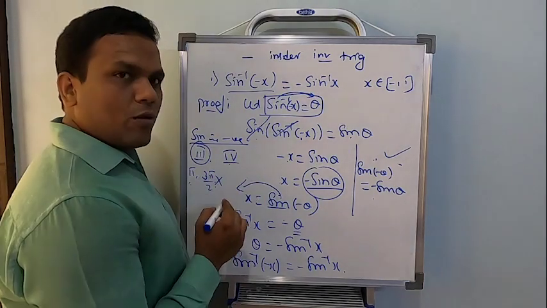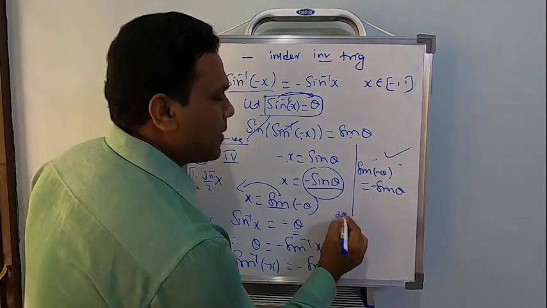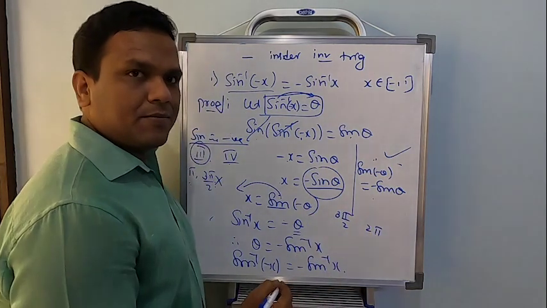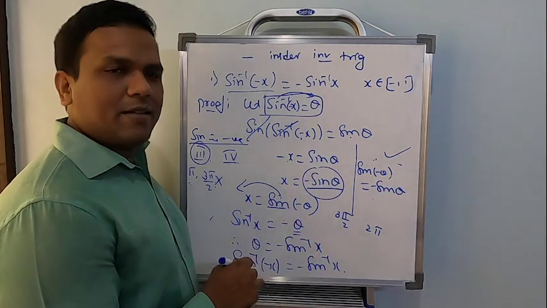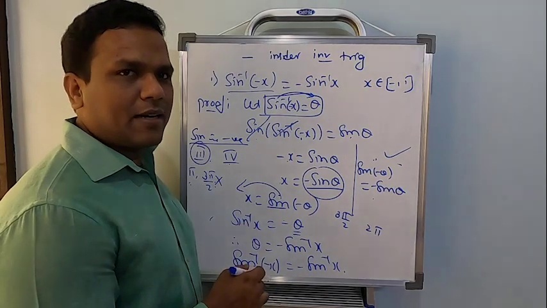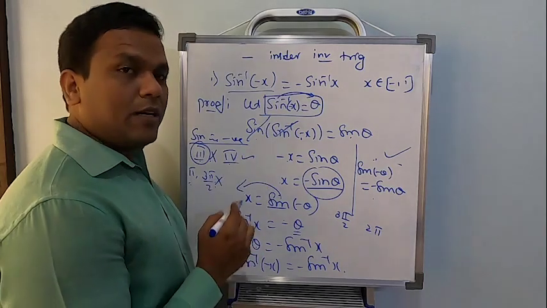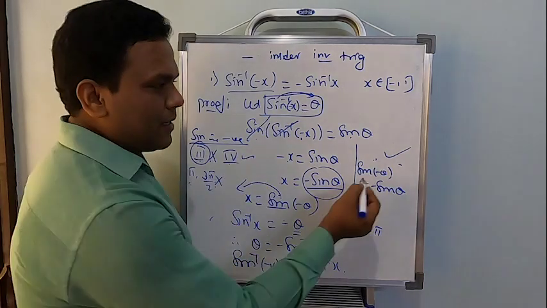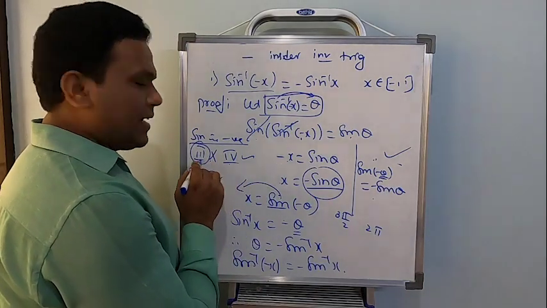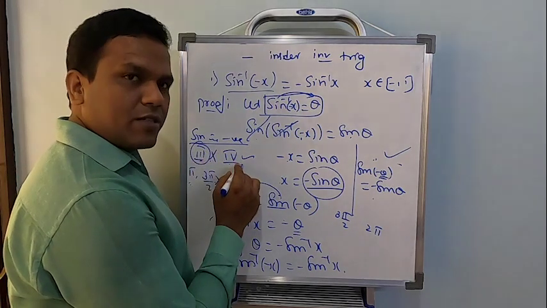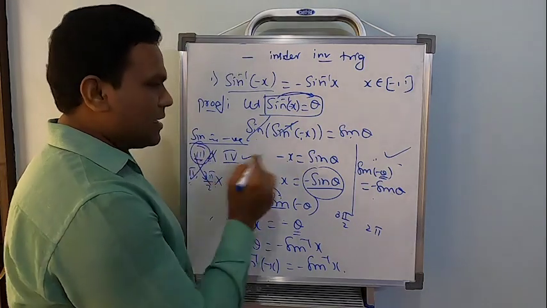And what is in the fourth quadrant? In the fourth quadrant, it is going to be 3 pi by 2 to 2 pi. But minus theta can also be selected. So leaving the third quadrant, which is not possible, the other quadrant is going to be the fourth one. In the fourth quadrant, the allied angle is minus theta. Clear? Right. That was the reason why we didn't consider the discussion in the third quadrant and we went to the discussion in the fourth quadrant. This does not satisfy the domain of sine. So leave this and study in minus.